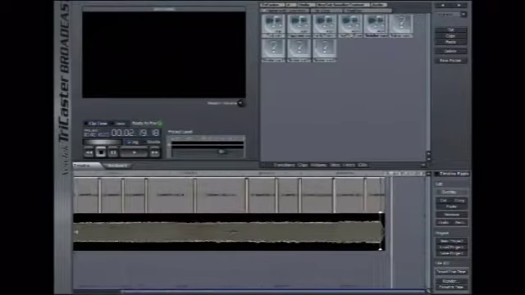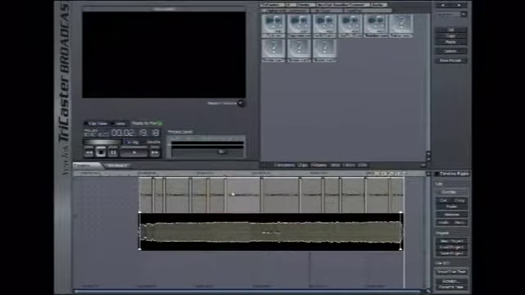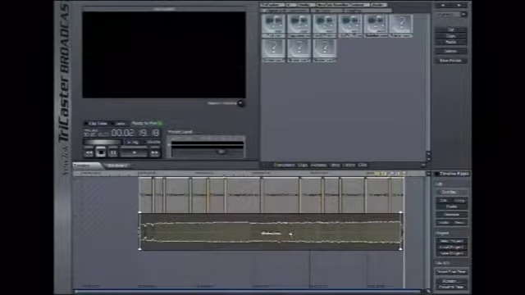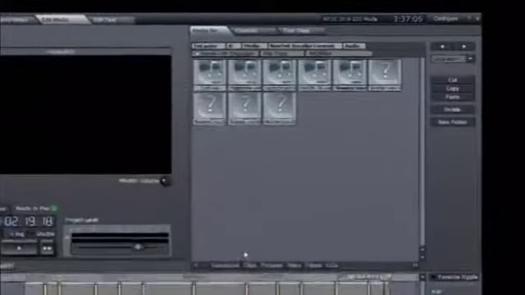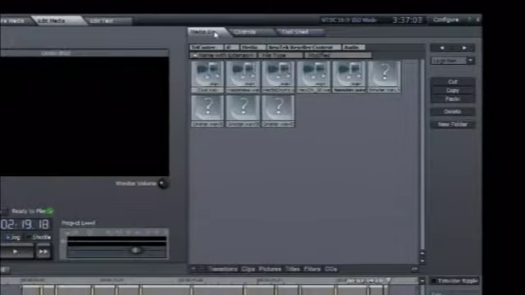Now I've got a basic project put together. I've got in and out points set. I've got transitions in. I've got a nice music bed underneath it. Now maybe I want to add a title. We simply come up. Again, we want to be in our Media Bin tab, and we want to click on